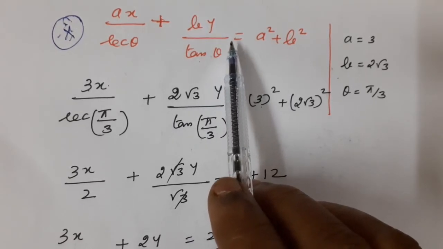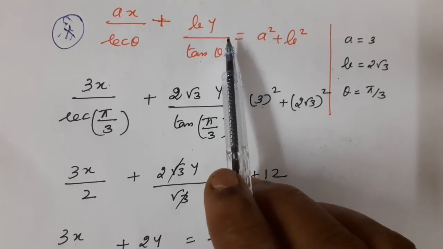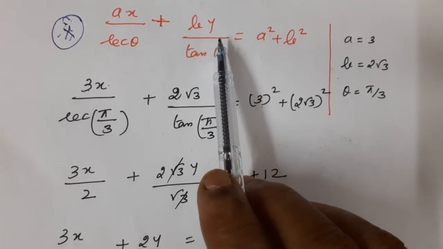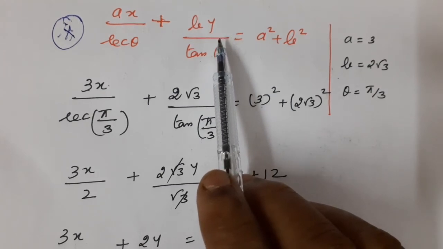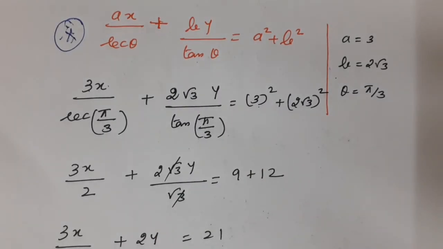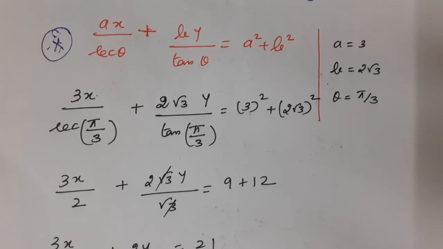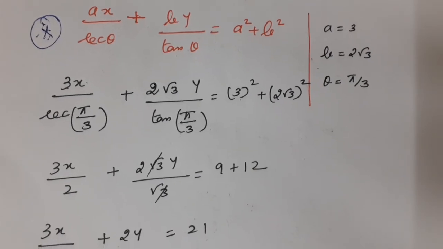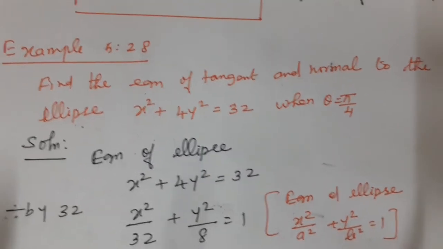You refer the table only, able to understand very easily. Already I told you, the last page of the 5th chapter has the condition for the tangent and the normal, the equation of the tangent and everything is given. 3 tables are given. Learn the table and using the table only you are able to do the sum. So we say remember the formula. After substituting the values for a, b and theta, we get the equation of the normal. The same method we are going to teach in the example sums also.